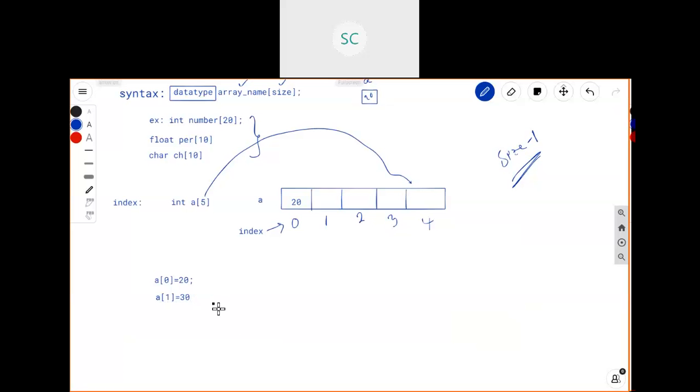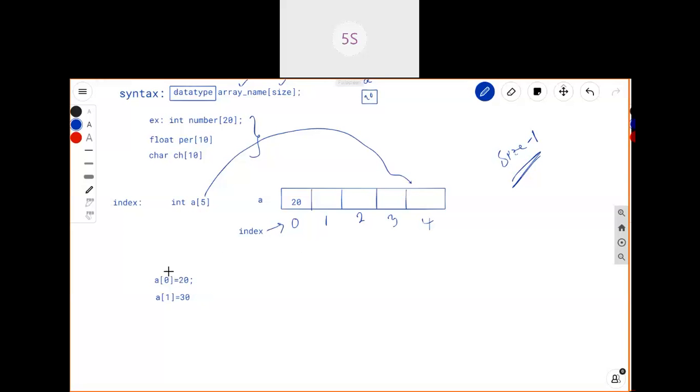Are you there? Yes, sir. It will be stored in the first box, at the index position after index 1. Any other answer? Because index 0 already has 20, sir. When you give A of 1 is 30, it will go and store in the first one, no?